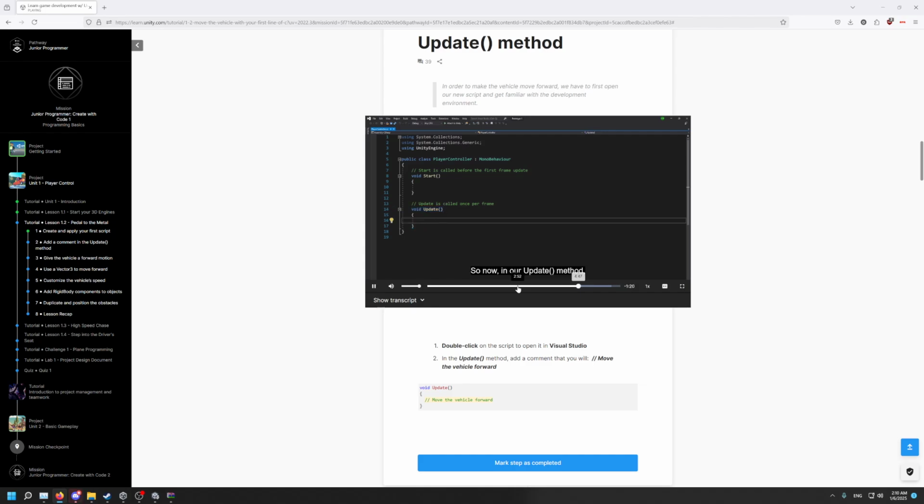So now, in our Update method, we're going to write our very own comment. So make sure that you have your text selection inside of the Update method. And then if you write two slash marks, we can say we'll